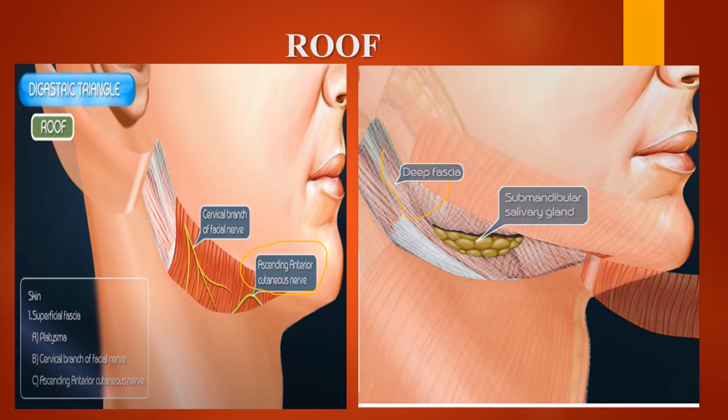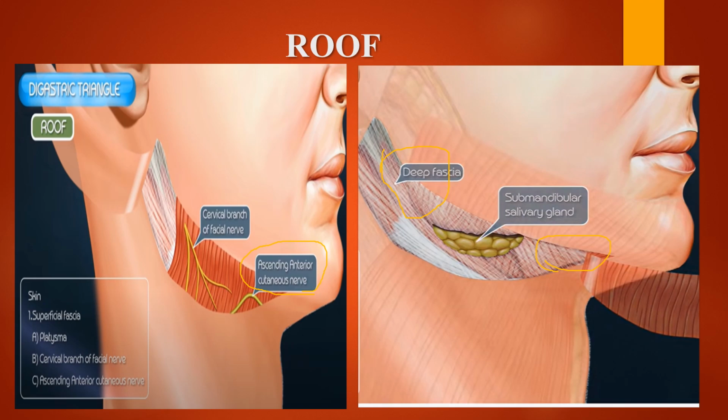Here the deep fascia has a high significance, because unlike other parts, we describe it in other terms, that is the investing layer of deep cervical fascia. Throughout the other parts of the body there will be deep fascia present, but in the face we don't have deep fascia. Then and there it will be condensed to form the covering of the salivary gland, the parotid gland. There it is called the parotidomasseteric fascia. Here at the neck region we call it the deep cervical fascia.